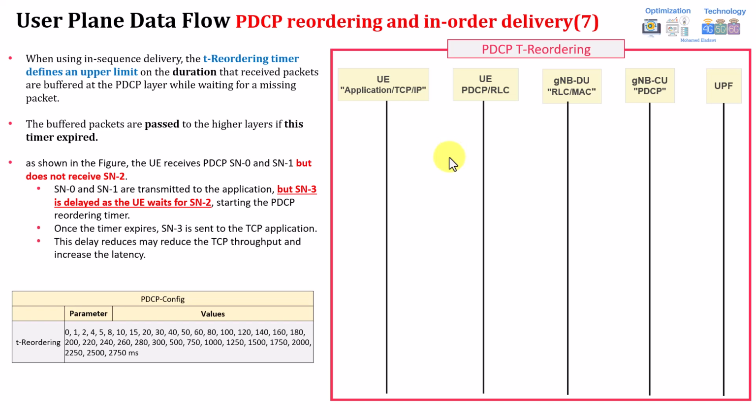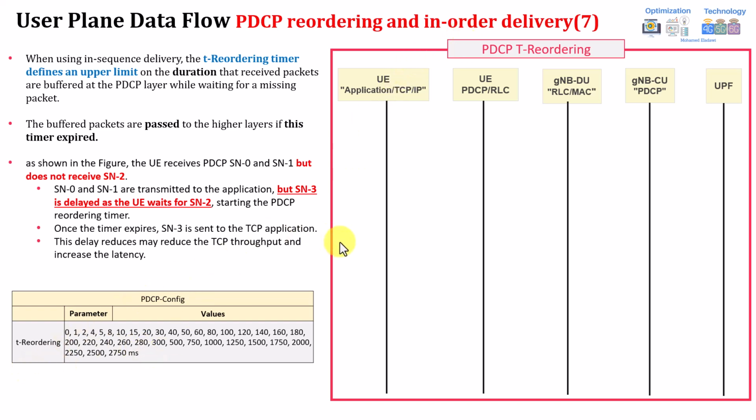Okay. If you were listening in detail to whatever I was saying in all the previous slides, I was trying to align it with this particular timer, which is a critical one. It's called PDCP reordering and in-order delivery. The receiver in general will try all the time to make sure, depending on the parameter for sure. You have a parameter which configures that reordering, and you can even disable it. This depends. But assume it's enabled now, and you are setting one of these values. These are the 3GPP values. Okay, and this is reordering.